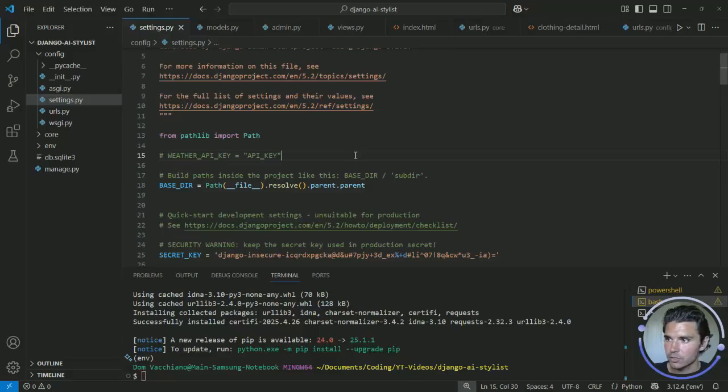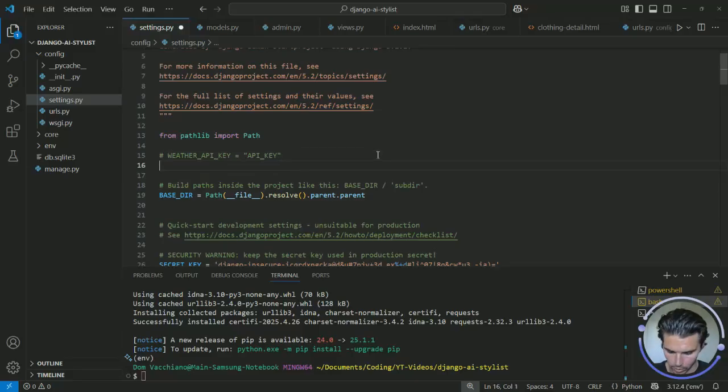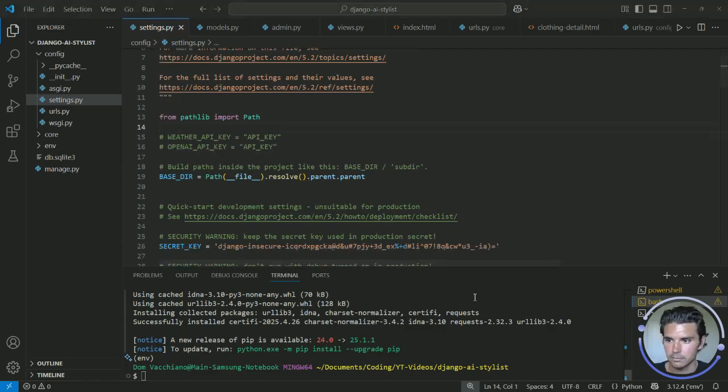So head back over into our settings.py, and right below the WEATHER_API_KEY, you can type OPENAI_API_KEY and then paste in your API key here. And again, I'm including mine at the bottom of this file just for privacy reasons, but you can include yours right here. So paste. Okay, so now that you have that updated,